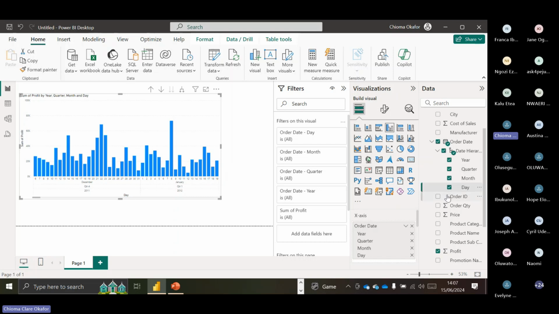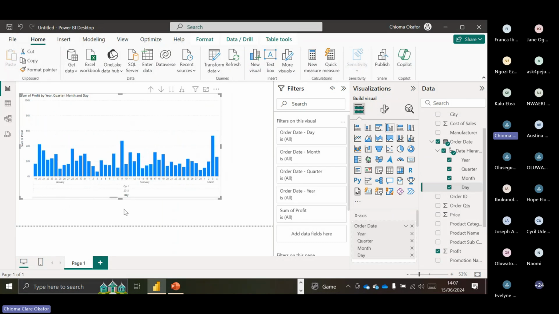It's good to have something like this, right? Now, I'm going to drill up again, because I have drilled and added my quarter, my month, my day. That's why you have it like this. And what it means is that if I scroll now, this data set is giving me